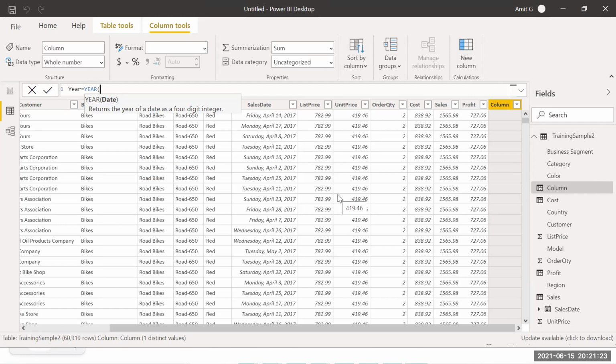But I will be showing you how we will be deactivating that hierarchy, and we might need to extract the year, month columns by itself. So if I say year and the field is sales date, please don't select anything from here. Just when you write sales date, close the bracket. Because if you select something, it is going to give you an incorrect result. If you extract from training sample to sales date dot year, you are extracting year from year. That will give you an incorrect result. So you just have to select the date field and close the bracket, and you will see year will be extracted for you.